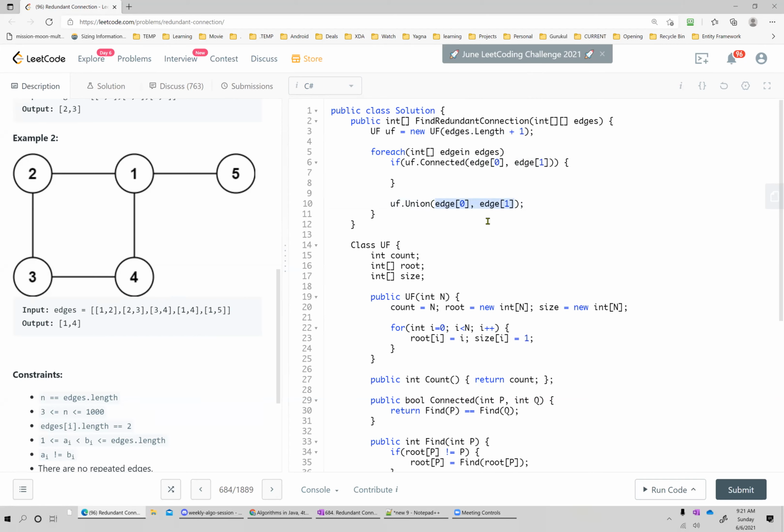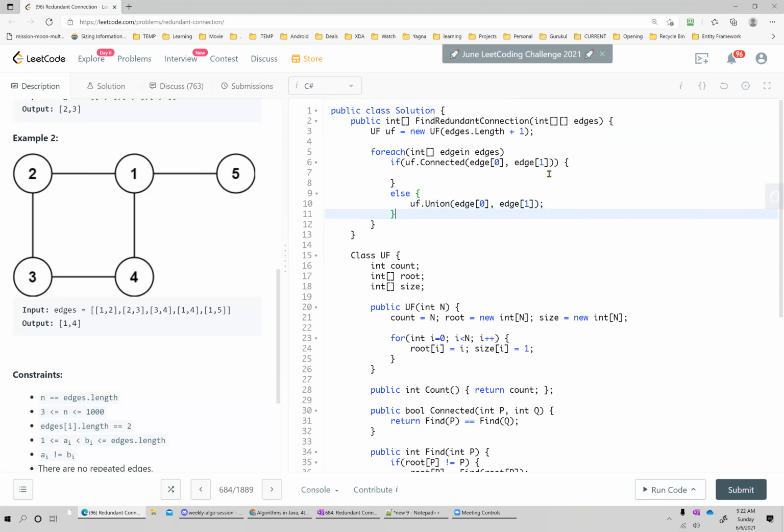Avik, you need to write an else block, I guess. Say that again. Else block. Else is fine, I think. It is not required because if you find the point, you'll return it from there itself. Yeah, so else is not required. That's fine. Yeah, I agree with you, but okay. Yes, if then else. Okay.